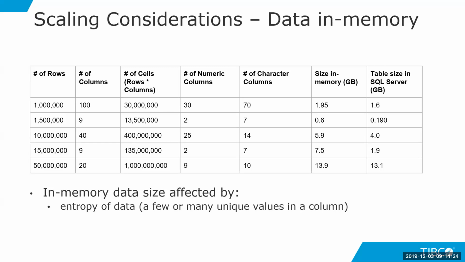If you have a column with a few unique values, then it takes up a lot less space than one with many unique values. I didn't go and look at this data specifically, but my assumption is that between these two data sets, the second one has a lot more unique values. It's actually from a database benchmarking test, whereas this other one is actually